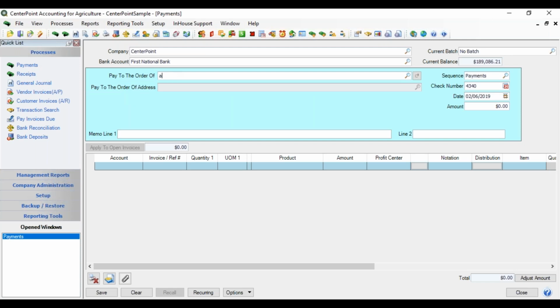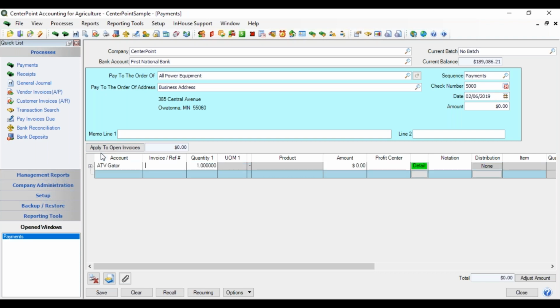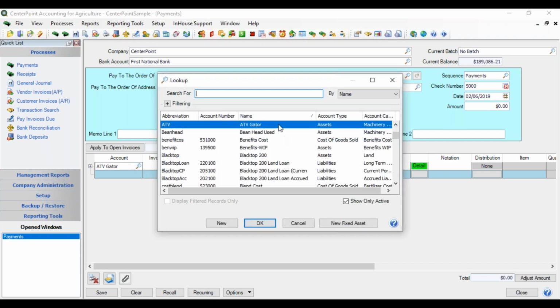And we have All Power Equipment, and we can put in our check number if we want to, and the date that we're going to purchase it. We're going to leave the amount empty up there for right now. And we're going to come down to account. So we can select our account by selecting the fixed asset item at this point. So we can select our ATV Gator, or I could have done my lookup and it would have been in my list,